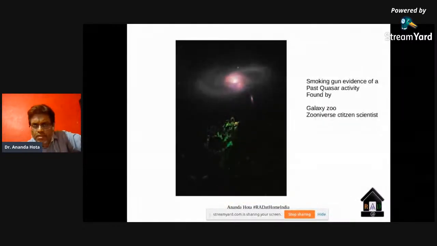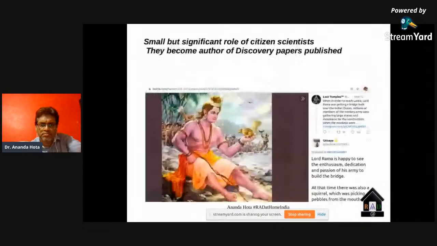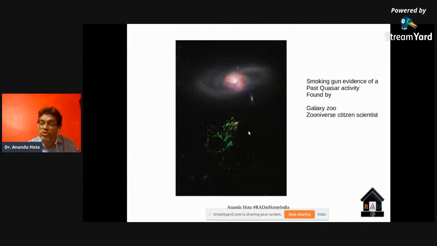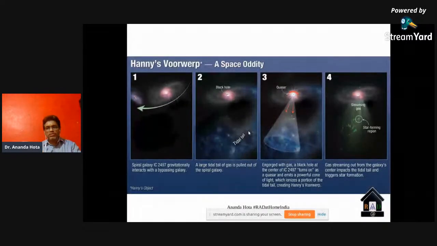This is this lady's discovery. This big spiral galaxy had an active quasar in it, and it had ionized gas that is still glowing now. The process is shown in the Wikipedia picture. There was a galaxy going around the big one. It left a gas trail as it flowed, and that quasar's radiation ionized this gas, and it becomes glowing. The electrons jumped up and it was radiating spectral lines. That is why it is not seen in every filter, but only in that small